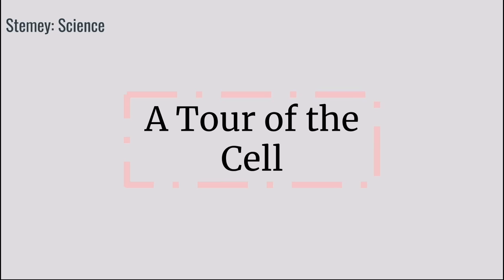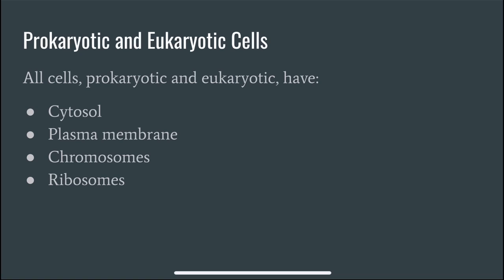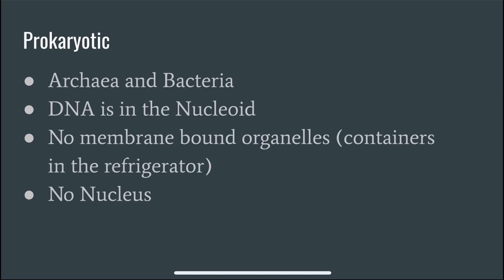So let's get started. So first, there are two different types of cells, prokaryotic and eukaryotic cells. Altogether, both cells have cytosol, plasma membrane, chromosomes, and ribosomes. So now for prokaryotic specific things that are in a prokaryotic cell but not eukaryotic, we have archaea, bacteria, DNA